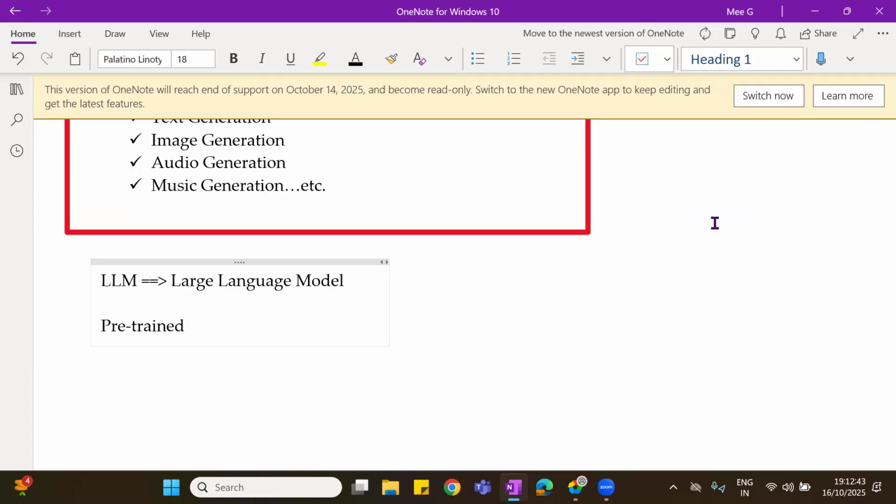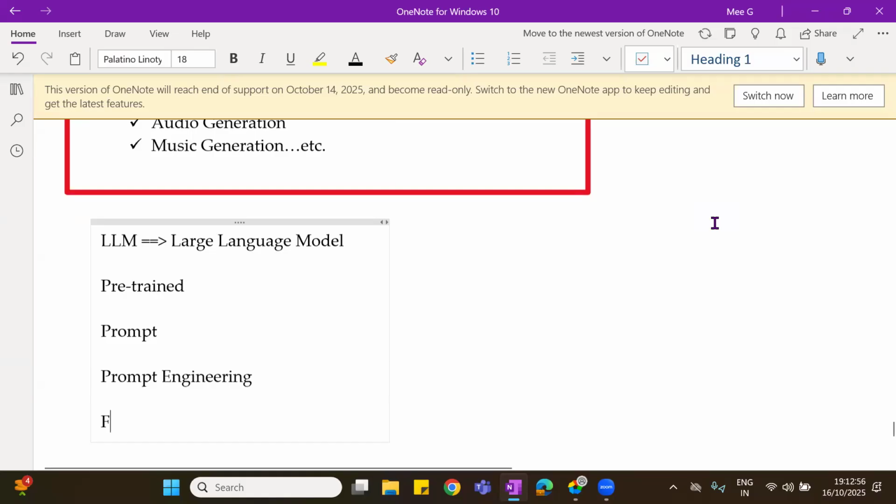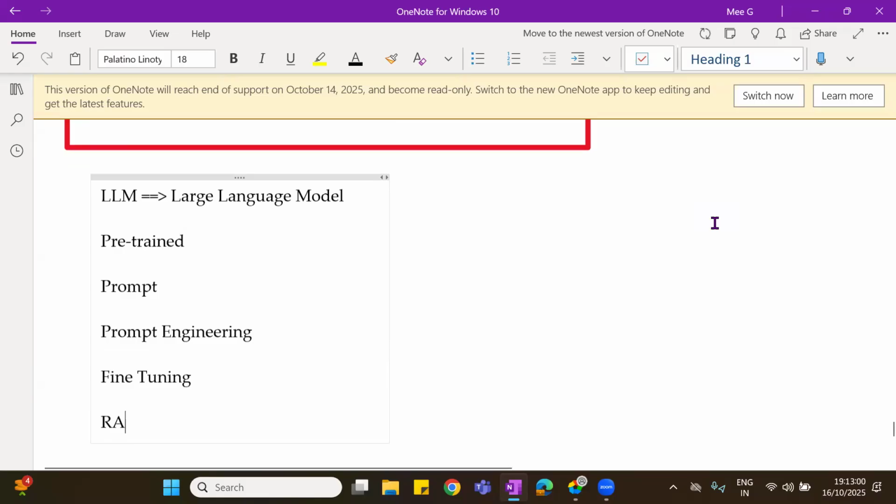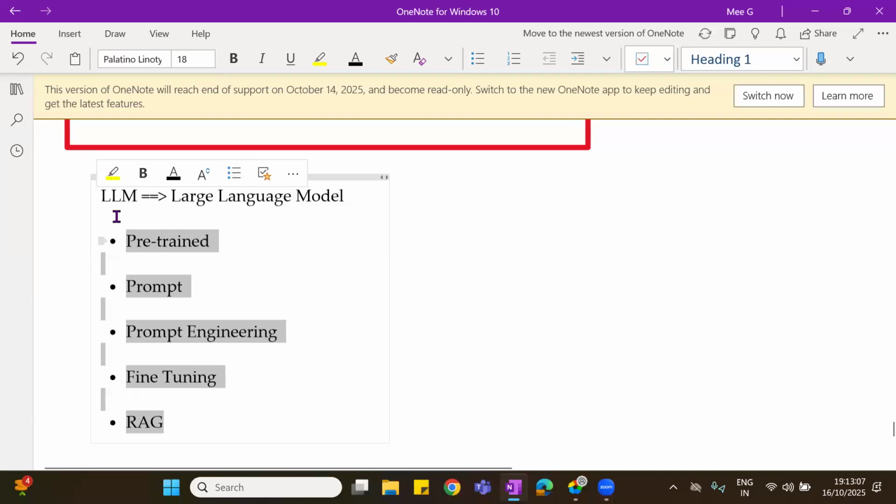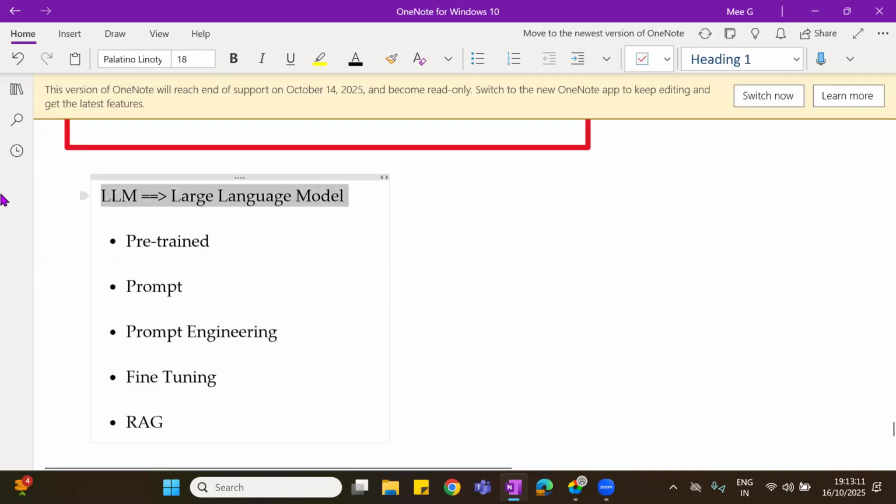Next is something called prompt. Next is prompt engineering and fine tuning, and there is something called RAG. These are the concepts which we are going to discuss, which are part of your generative AI.